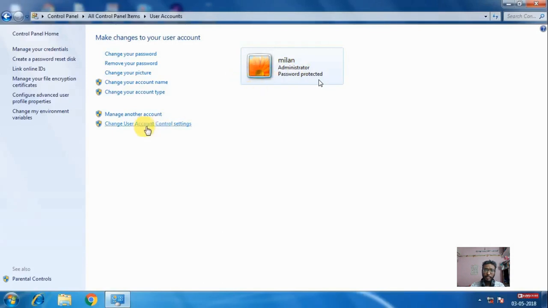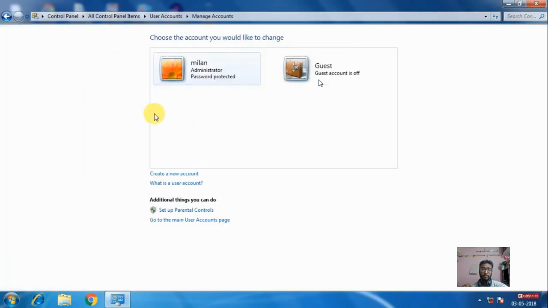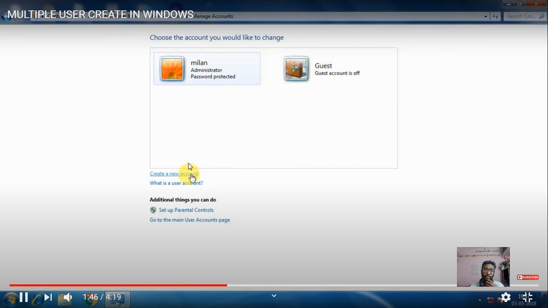Now what he is trying to do is create another account. That account's name already is guest. Now he is trying to create a new account.